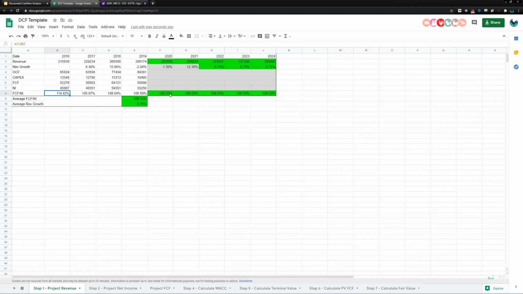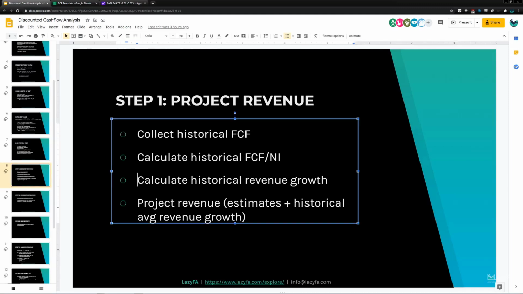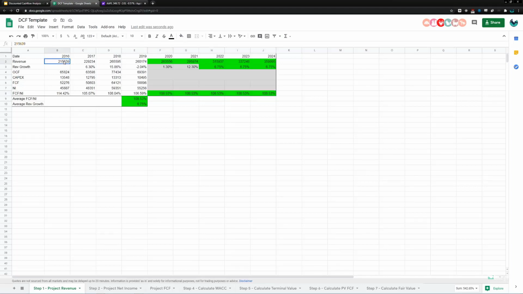Okay, so we have the average, and all I'm going to do is just project that out and use that as my guide. Now, remember that we're trying to project revenue here. So in order to do that, what we're going to do is calculate historical revenue growth, which is really easy to do, right? You just pull in all the revenues year by year, and then you calculate the growth rate from 2016 to 2017, and then drag your formula over. And this is just